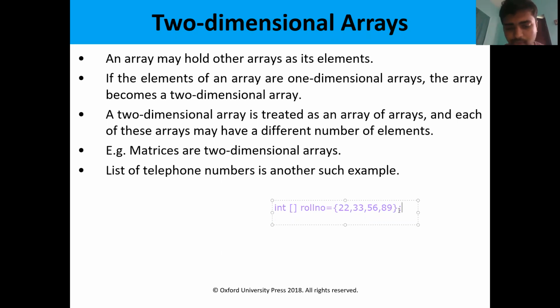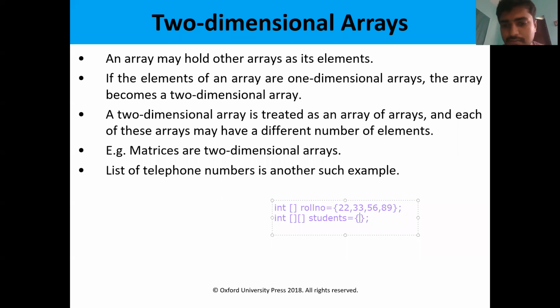So let us go for multi-dimensional arrays. In multi-dimensional arrays, we have two-dimensional, three-dimensional, and likewise we can go for n dimensions. Most probably we will come across two-dimensional as well as three-dimensional arrays. Let us check the two-dimensional. Two-dimensional means we have two indices. Students is equal to, here we have two dimensions within the array.